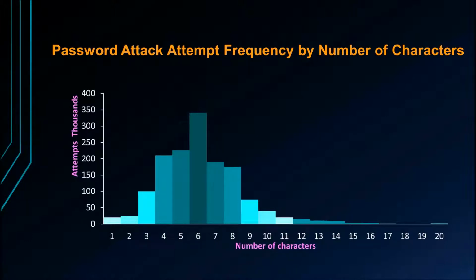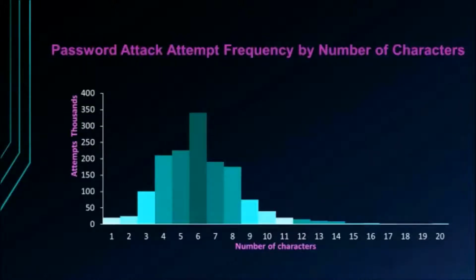And since most human tendency relies on selecting a password that we can remember, that password is generally between 4 and 8 characters. Anything greater than 9 becomes difficult for us to remember, so we tend to stay away from those, which is why you see them not wasting their time guessing them. It also becomes very resource intensive for them to guess that number of characters.